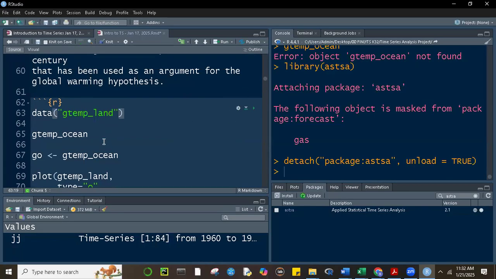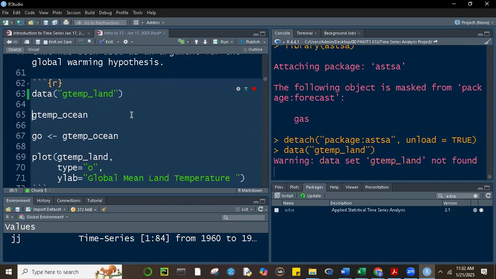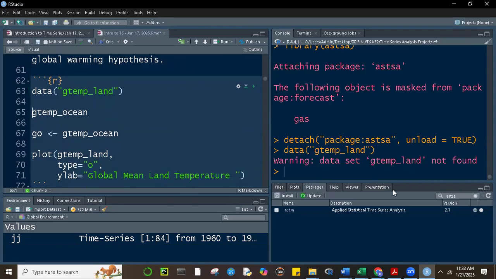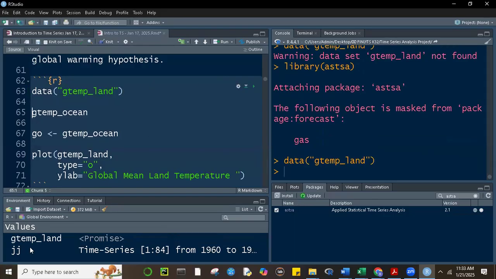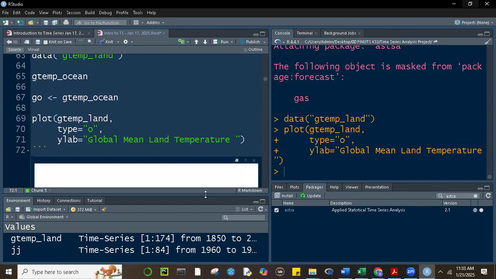we saw the difference between just naming the object or creating an object to represent that object. Going back here, Gtemp land. Oops, sorry, it's not yet loaded. ASTSA again, this one. So it's now available. And if I plot once again Gtemp land, it will plot